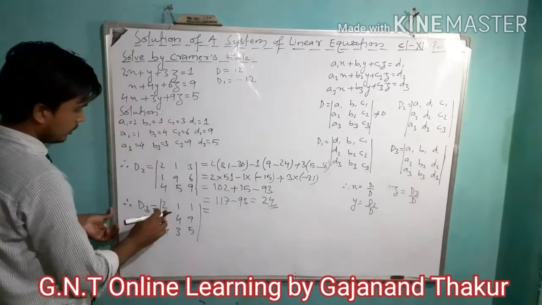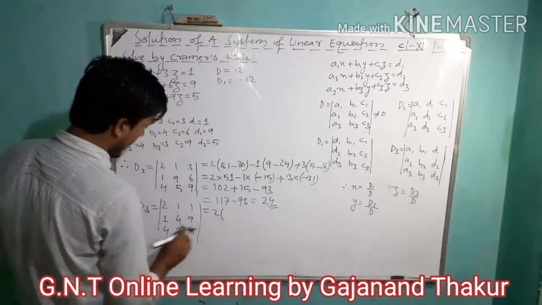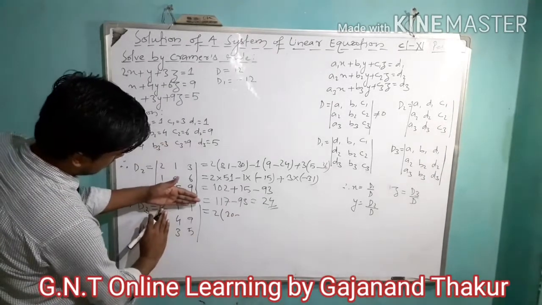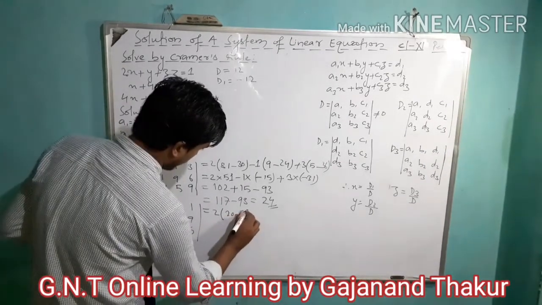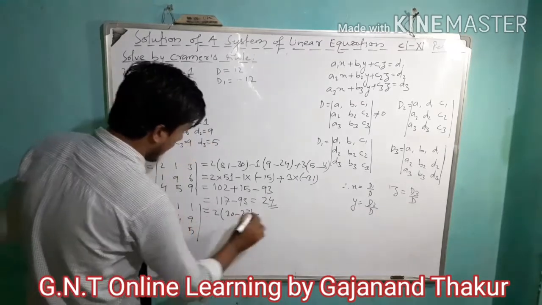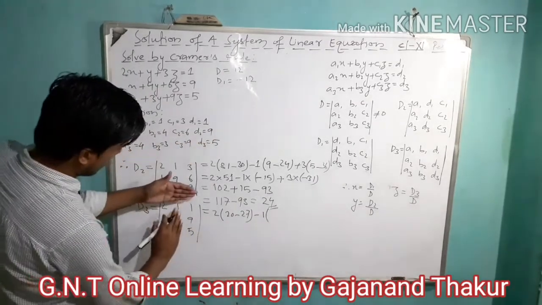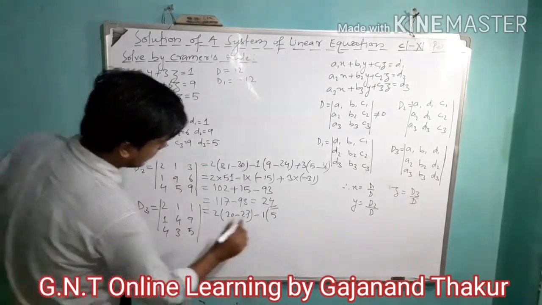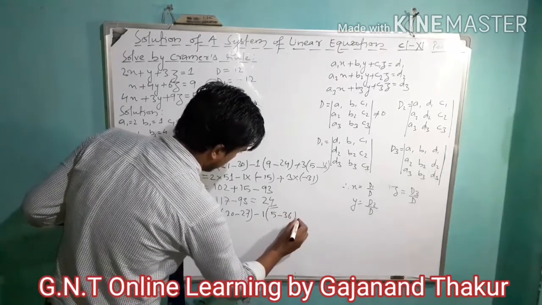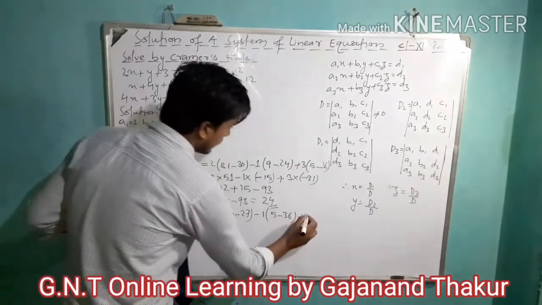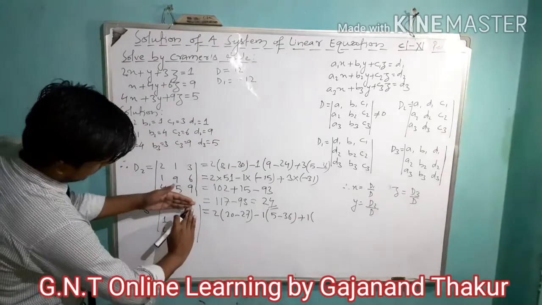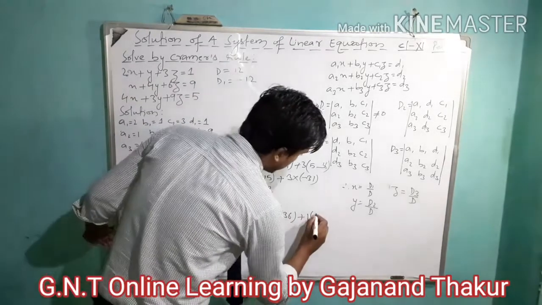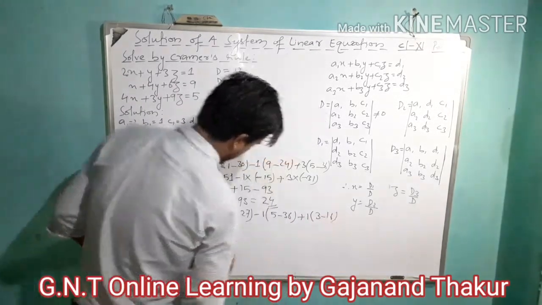determinant, right? So this 2 we'll take as it is, open the bracket, we'll hide this one, 4 5s are 20 here, 20 minus, we have written this part, right? So 3 9s are 27, we'll write here 27. Now minus 1, now we'll hide this part, so 1 5s are 5, right? 4 9s are 36, minus 36. Then we'll have a plus, this 1 here, right? Open the bracket. Then this part will be hidden here. 1 3s are 3 and 4 4s are 16. So we'll get here 3 minus 16, right?